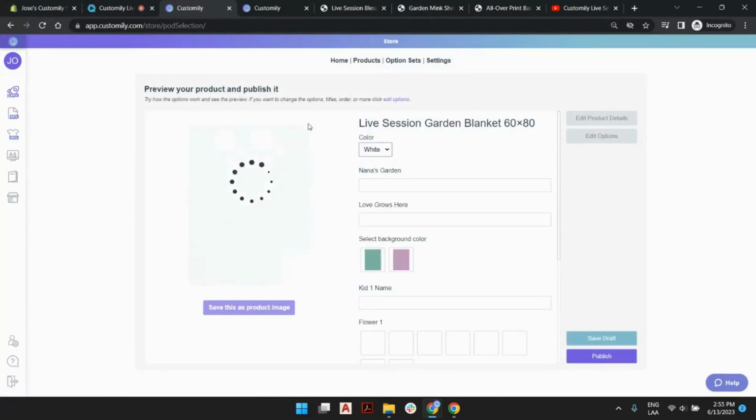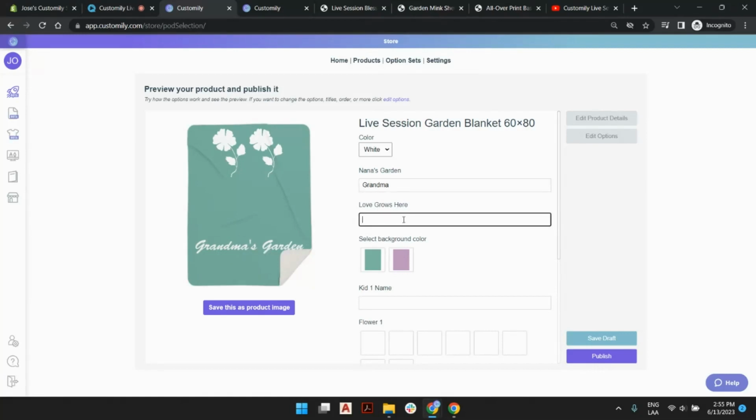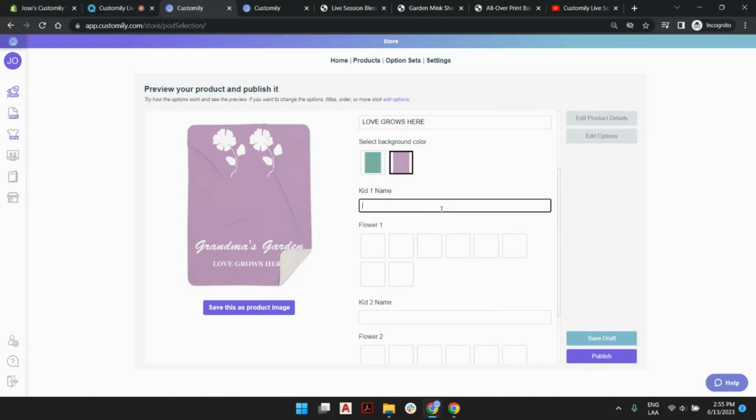Okay, and let's see what options we have available. We can type in the name. So remember grandma, and I type grandma and I get the rest of the message. And love grows here should be automatically, right? You can change that. It's really fast. It's really easy to do. I'm going to copy this and show you how. But I can change the background. Yep. And I can put the kids' names. Change the flowers